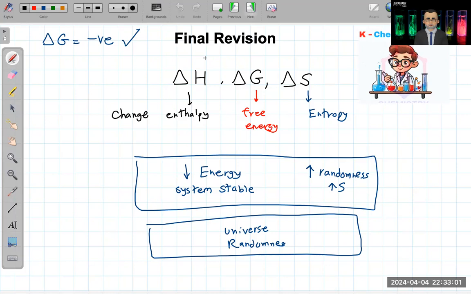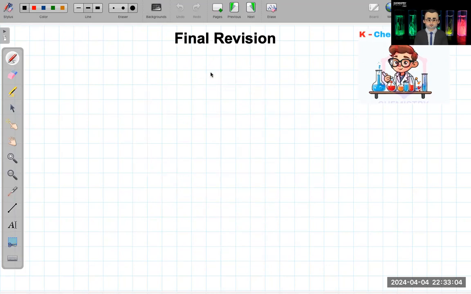Okay, just cut to the point. What is the most important thing that links delta G and delta H and delta S? It says that delta G, which is the change in the free energy, of course, the delta G has to be, what do you say? Delta G, which is, let me put everyone in.